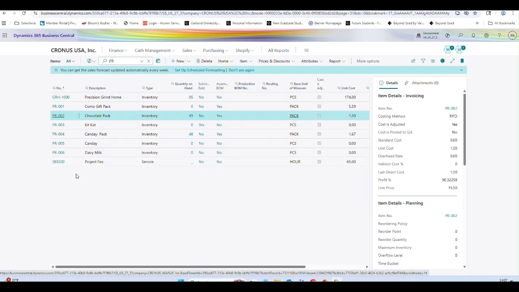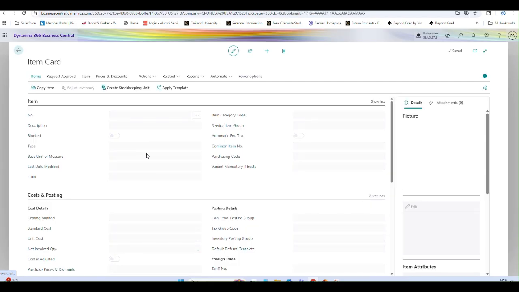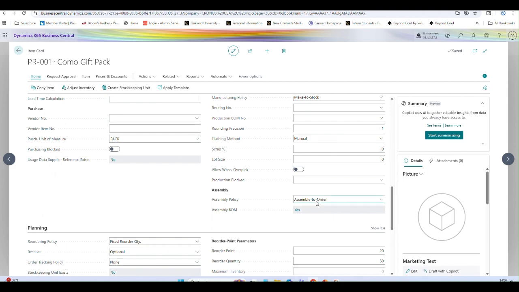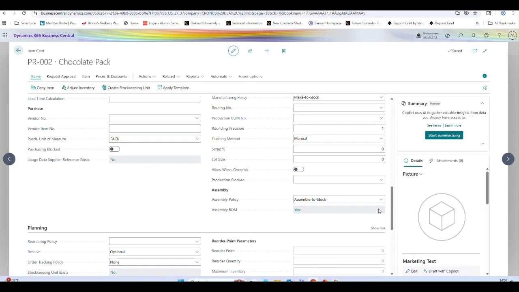Let's see the two items we are going to use during the sales quote as well as the assembly quote, and their assembly policies. The first item, PR001, is assembly to order, and PR002 is assembly to stock.